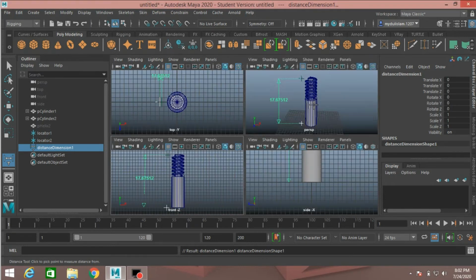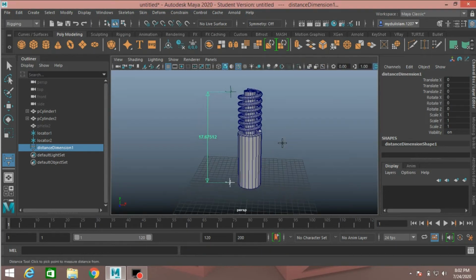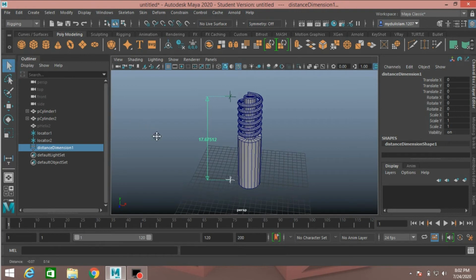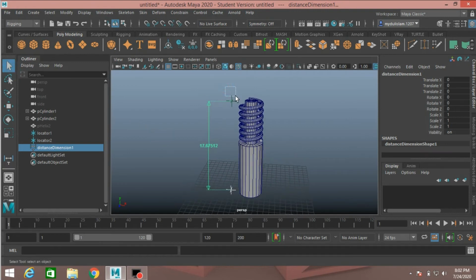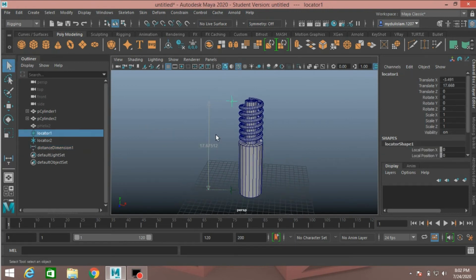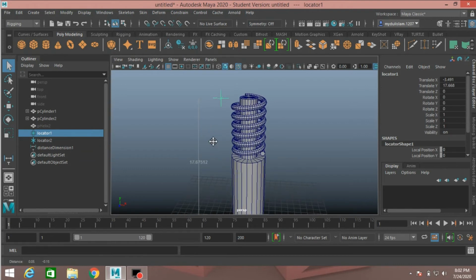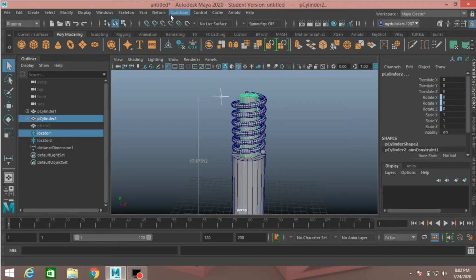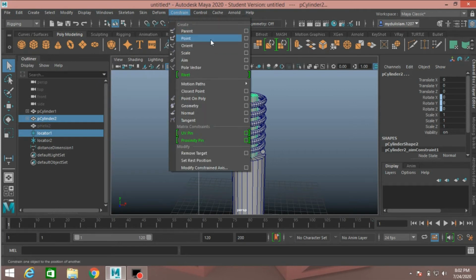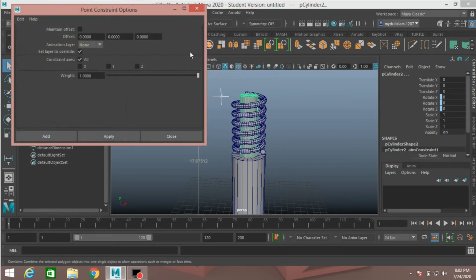Now again go to perspective view, first select the distance tool upper locator 1 or upper this side, shift select the cylinder 2, again go to constraint, open point constraint option, reset the setting, click on this box maintain offset, click apply.